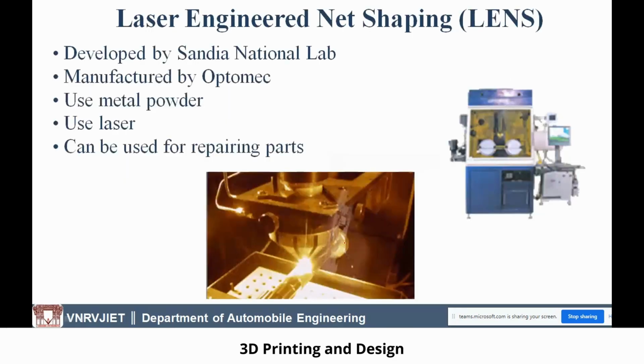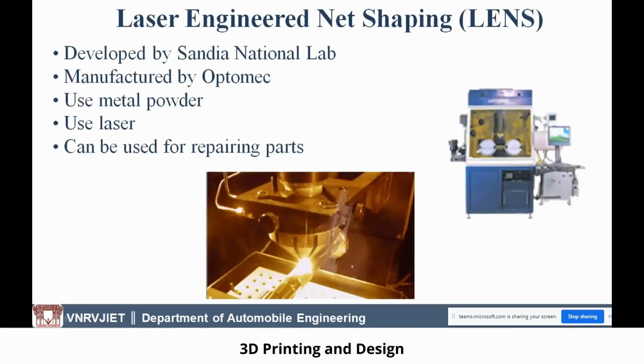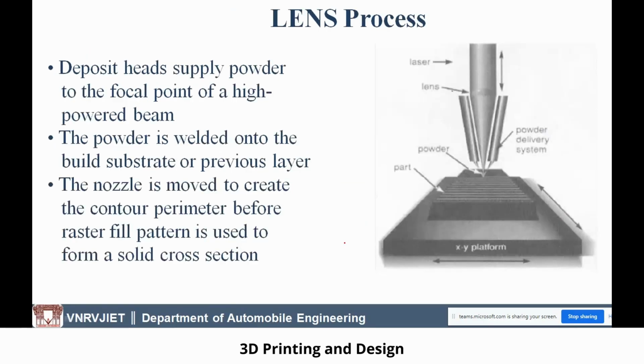And this is another variation with direct energy deposition. So here, if you're using an electron beam as a heating source, then it is called direct energy deposition. And if you are using a laser beam, then we call it laser engineered net shaping. Okay, here you can see a laser beam